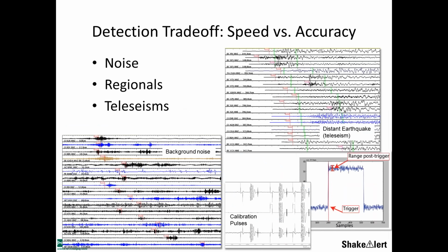Now, detecting earthquakes in just a few seconds is a challenging thing to do. Our sensors are quite sensitive, and therefore they pick up ambient noise. They pick up regional earthquakes, and they pick up large distance earthquakes called teleseisms. And so these are just a few examples of the kinds of ground motions that occur and that have to